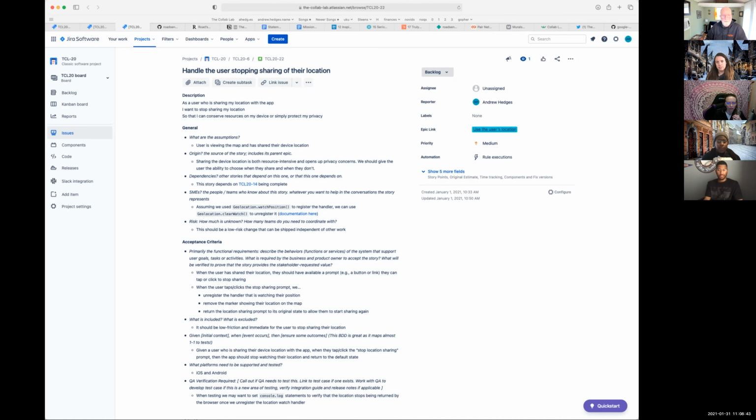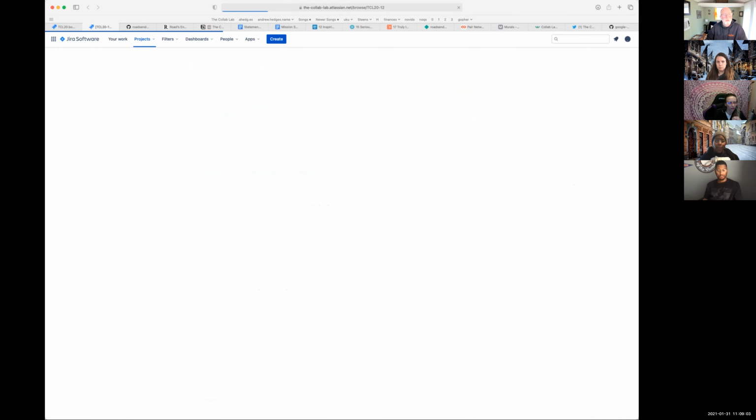I think it makes sense for Shane and Devon to take that, especially because they're going to have more work with the current ticket, and this will be a smaller ticket, and it does seem to go hand in hand. Yep. Yeah, that's fine. I'm fine with that as well. Okay, I'm going to put it in selected for development, so it'll be on the board when you all go to look for it.